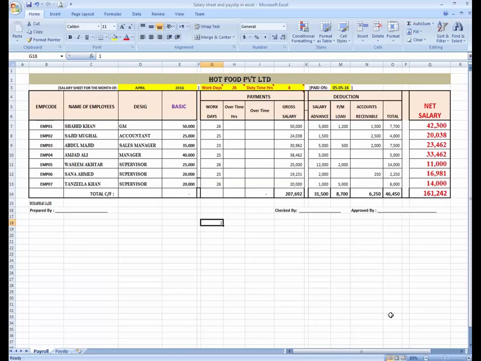In the normal case he or she will get 2 rupees or $2 in overtime. So if you want to calculate the overtime, you can use the formula equals basic salary divided by 26.